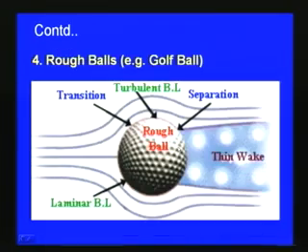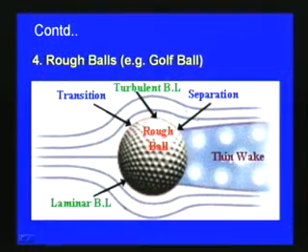And as I mentioned, the separation as well as the wake formation depends upon the smoothness of the surface over which the flow takes place. So, the same ball which we considered in the last slide, if the ball or sphere is rough, then the boundary layer separation starts at a later stage, and there will be a thin wake. This slide shows the free stream velocity, the laminar boundary layer, and then transition.